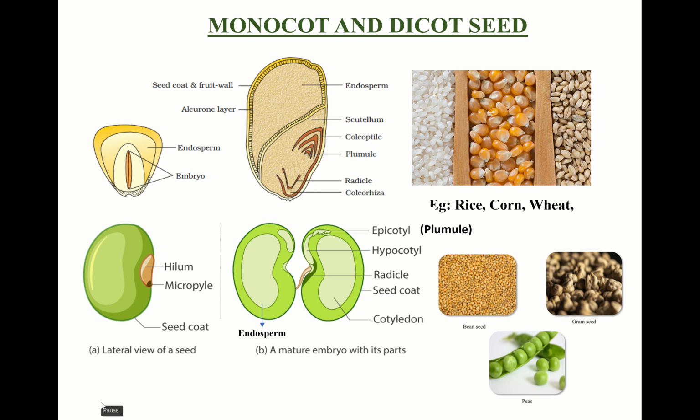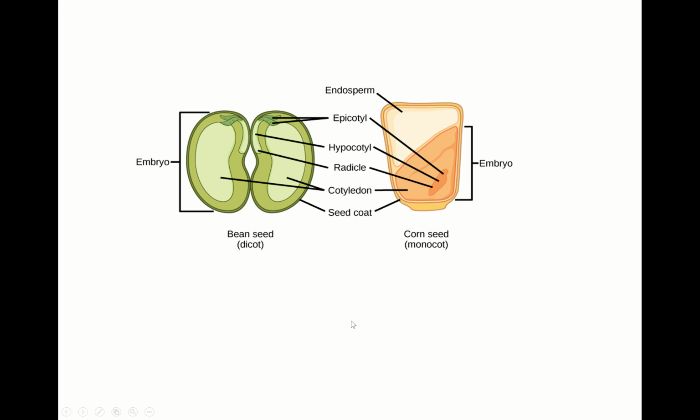Here you can make out... wait a minute. See this slide, you can make out clearly. This is the embryo. Okay, and these are the two leaves, and it is called the plumule, and the epicotyl